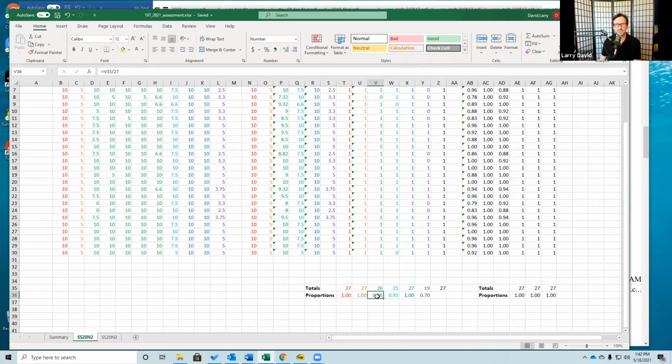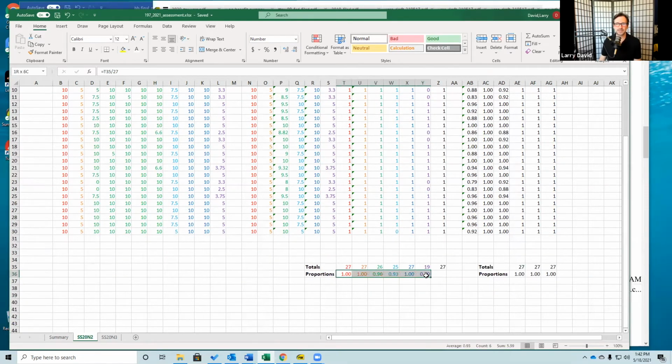These are rounded to 2 decimal places. 25 out of 27 is 0.93, etc. 19 out of 27 is 0.7. All right, and these are the numbers that I am now going to compare to 75%, or 0.75 since